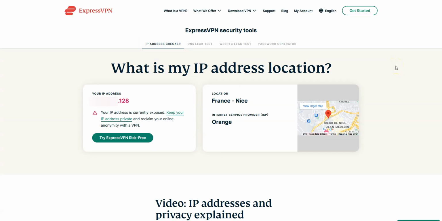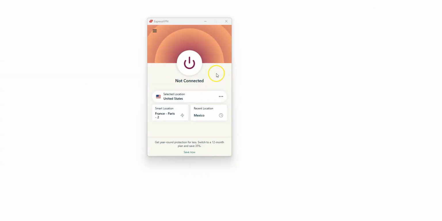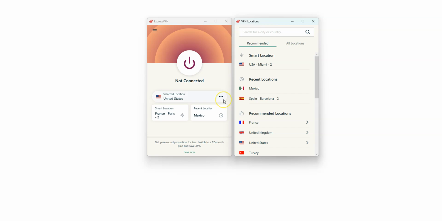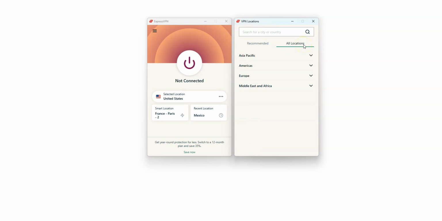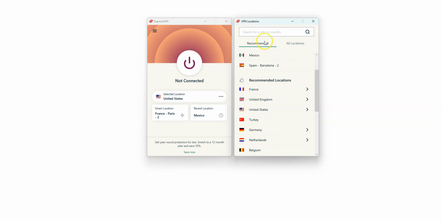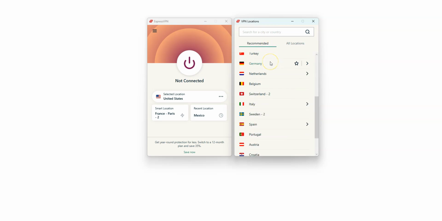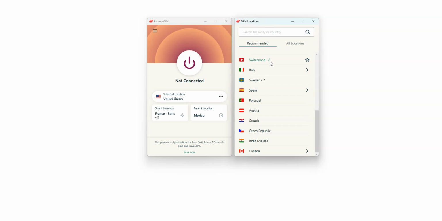As you can see here, my current IP address ends in .128. It locates me in Nice, France. First, click here. You can either choose from these few recommended locations or access all locations by clicking here. There are many countries, including the US, Canada, the UK, Australia, Germany, France, Spain, Italy, Japan, to name a few. These are all countries from which you can make it look like you're in.